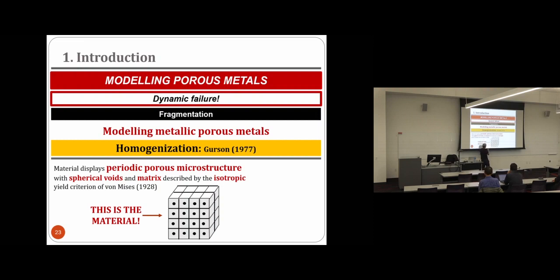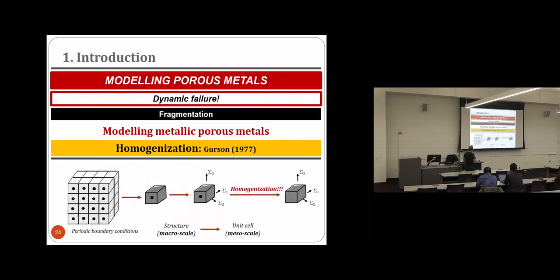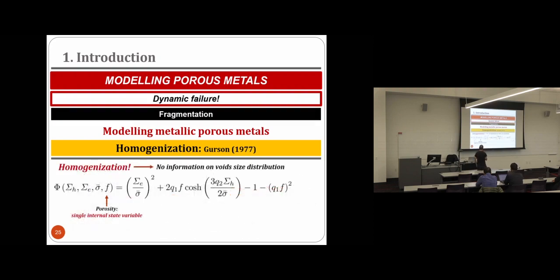a microstructure which is something like this, right, with periodic microstructure. So we assume that the material has a periodic microstructure, and then basically we can use homogenization in order to transform this periodic porous microstructure into something like this, in which the porosity is included in the flow potential as a single internal state variable. Okay, this has been very much used in the literature and really works very well and allows for solving many